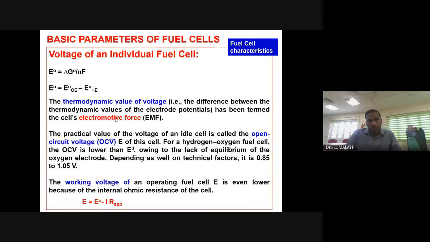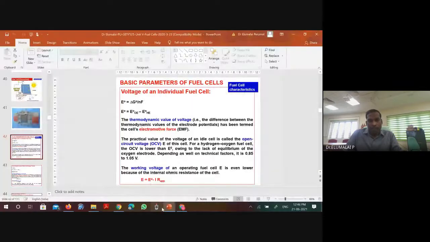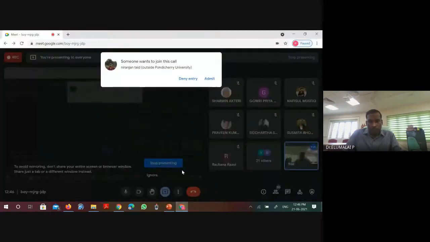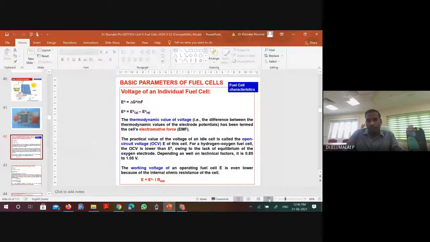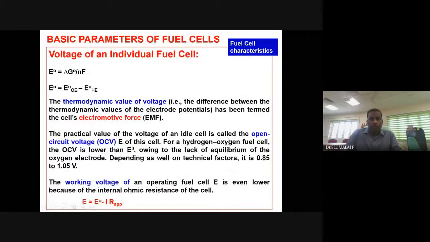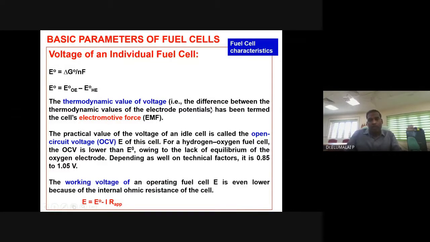Theoretical voltage is characteristic of a fuel cell depending on the reactions and the fuel, and it is a fixed value. And OCV is the practically obtainable voltage, open circuit voltage. It is the practical voltage one can obtain before any device is connected. It's also called sometimes OCP, open circuit potential, or open circuit voltage.